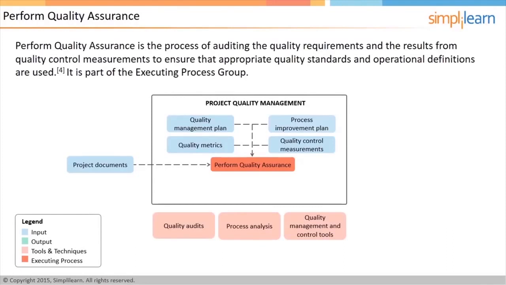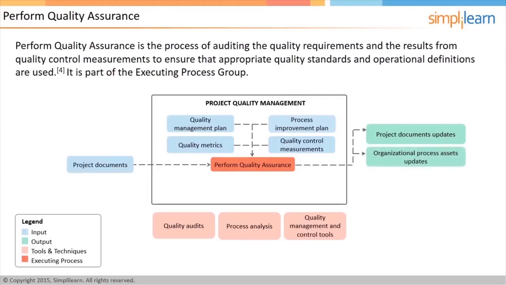to this process. The key output of this process is project documents updates to ensure that if there is any deviation from agreed standards, it is corrected. Also, if there are any lessons learned that can help improve the future projects, the organization process assets get updated. This quality assurance may result in improvement suggestions, change requests may be generated, and the project management plan may need